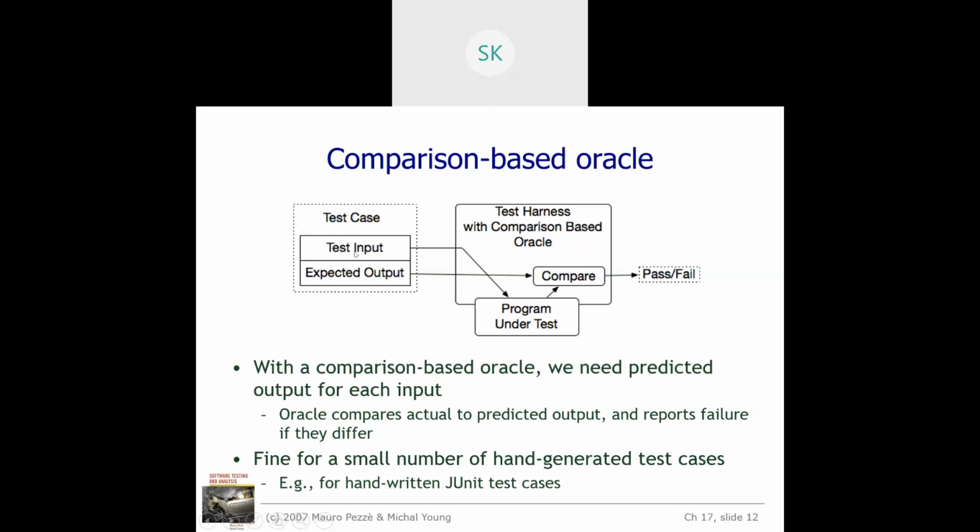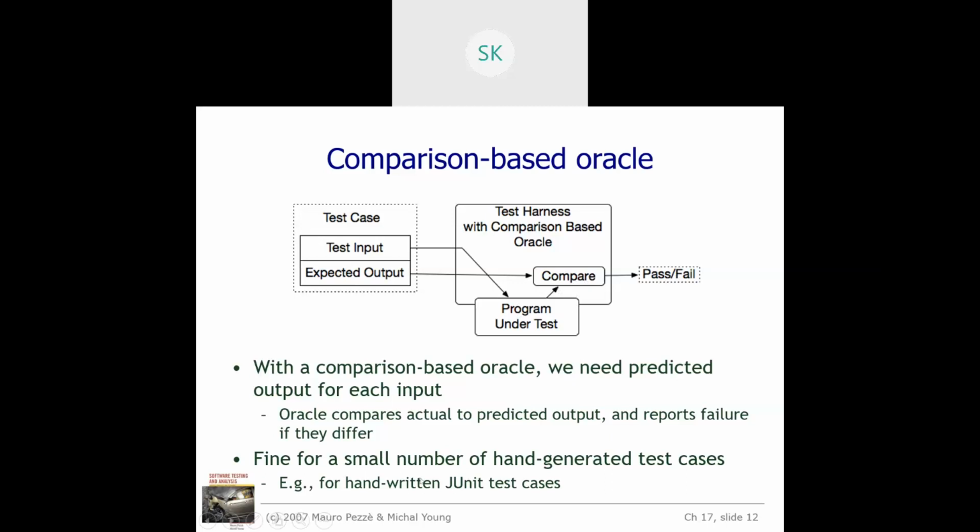That is, whatever the expected output is, with respect to that, whatever your program under test is, you will be feeding these particular inputs. Once the input comes in, we capture how the program behaves, that is the output. We compare your expected output with the program output that you got, that is the actual output. Once that is done, it checks whether it has passed or failed. This is called a comparison-based Oracle.